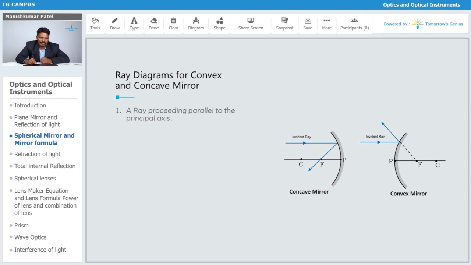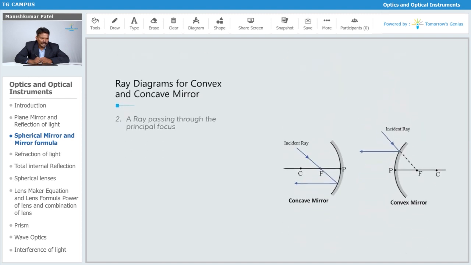This distance FP, we are going to call the focal length. This is also the focal length. You can see over here that this focal length is actually virtual, or you can say this distance is positive. This is positive F, and this is your negative F, since it lies on the left. So this is one important conclusion. That is how we show it when the ray is parallel to the principal axis.